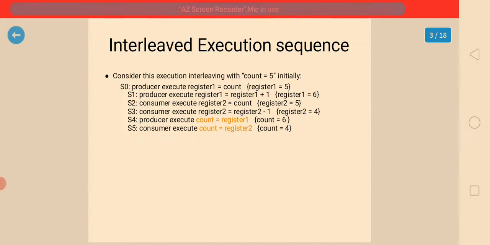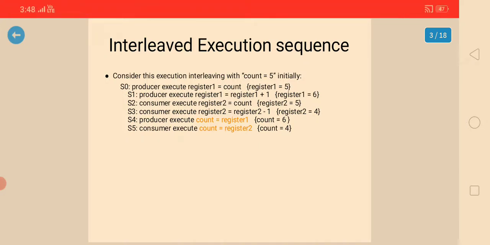Now S2: consumer executes register2 = count, assigning register2 the value of count, which is 5. So register2 becomes 5. S3: consumer executes register2 = register2 - 1, so the 5 is decremented by 1 and register2 becomes 4.